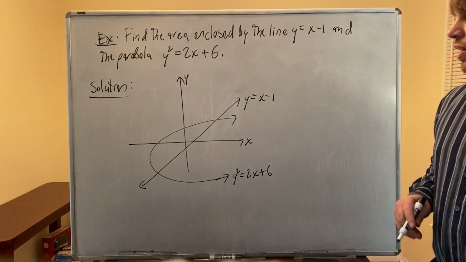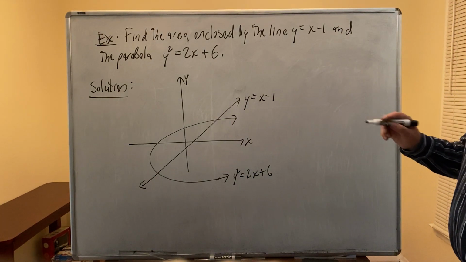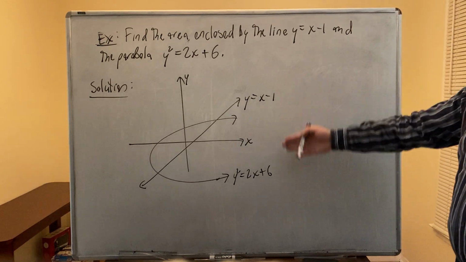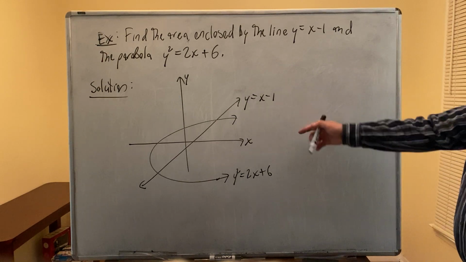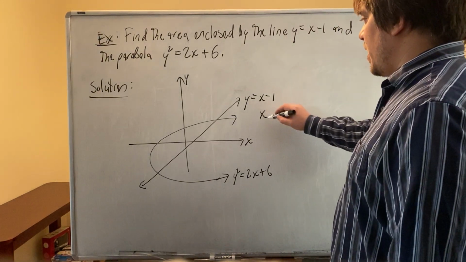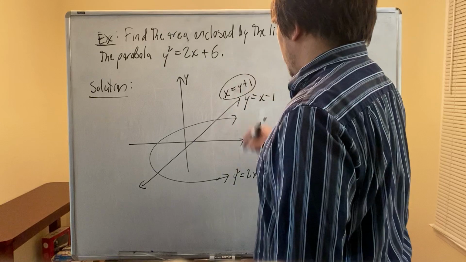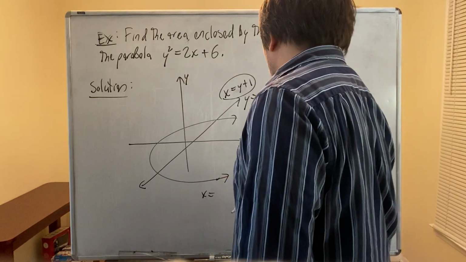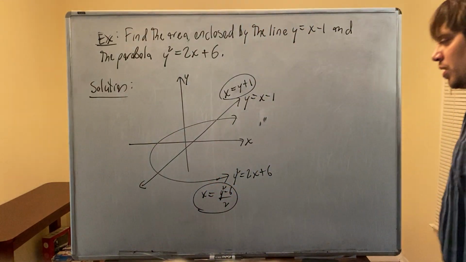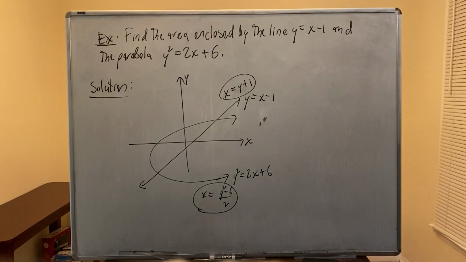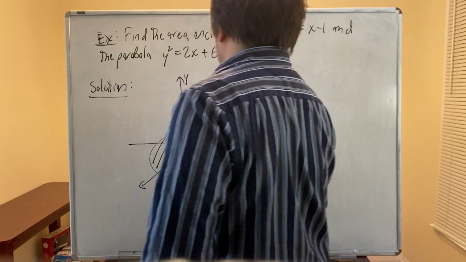And so on your graphing calculator, you could just graph these two functions. Well, no, you would have to solve in terms of x. For this one, on your calculator, you would need to do x equals y plus 1. And for this one, you would do x equals y squared minus 6 over 2. So just solve both of them for x. And when you graph those two curves in that way,